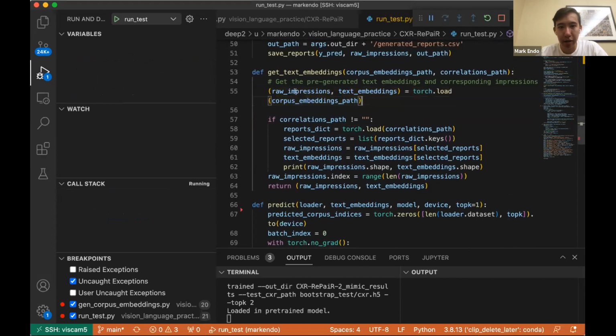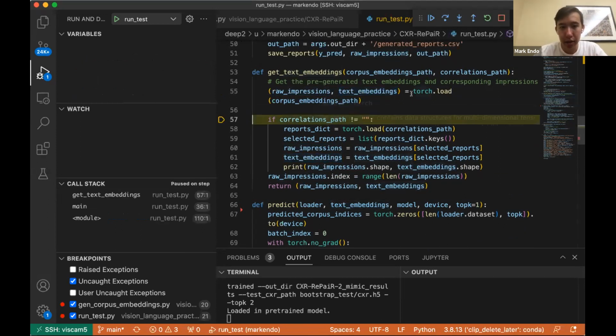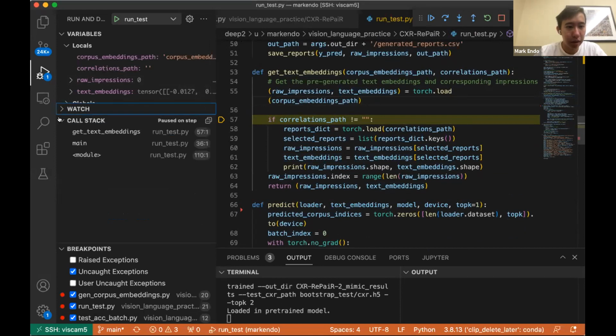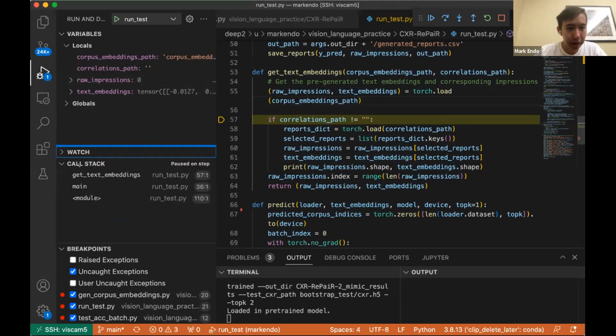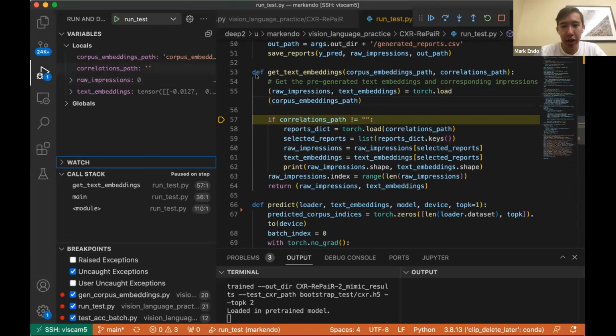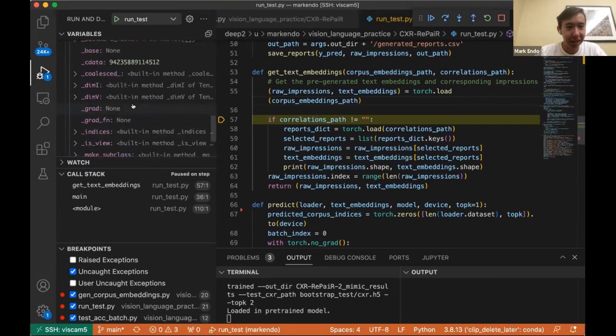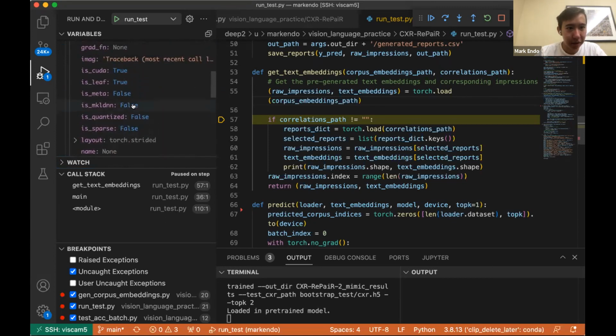That's getting our impressions in the text format as well as the clip embeddings of the text. We can check the shapes of our embeddings to make sure they're what we had before, just as a sanity check. I think I skipped over